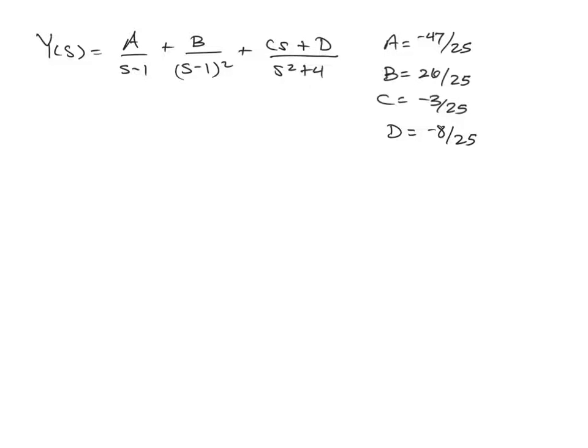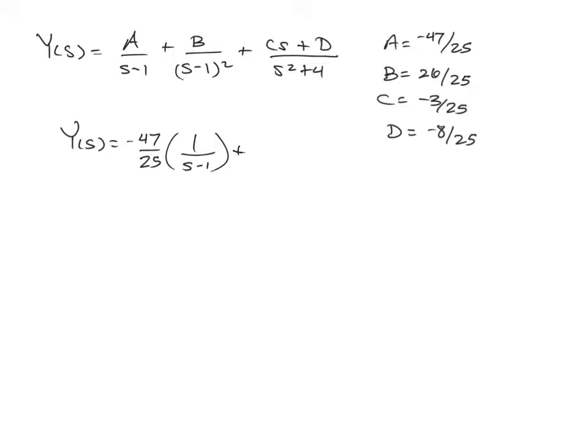Okay, so for our fourth video to wrap up this problem, we're going to now take the values of a, b, c, and d that we found from our graphing calculator and rewrite our partial fraction decomposition using them. So big Y of s is equal to negative 47 over 25 times 1 over s minus 1